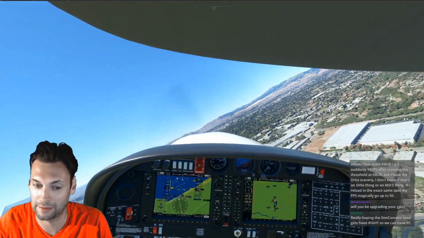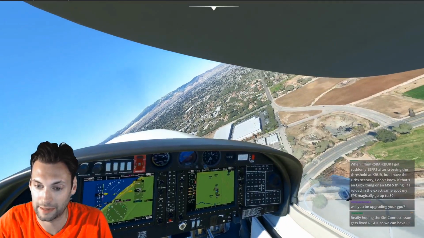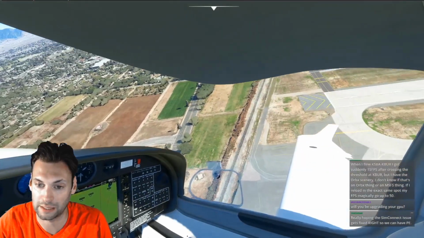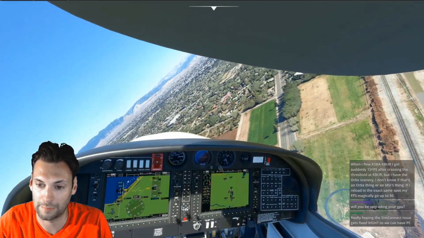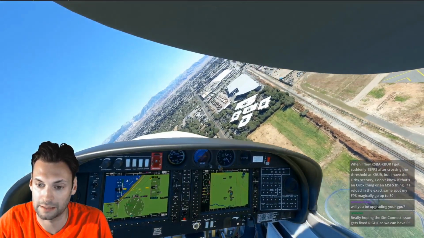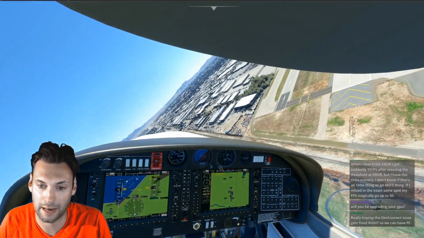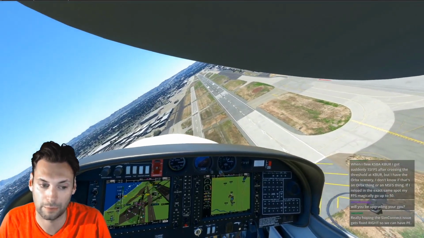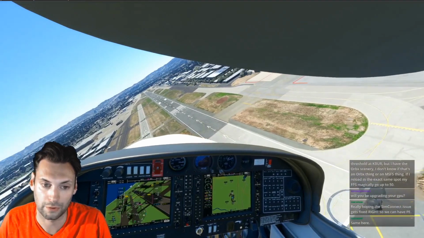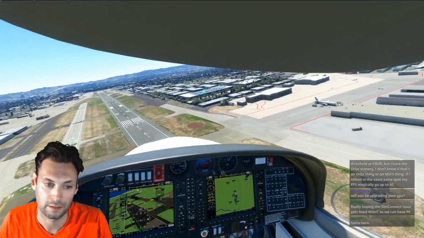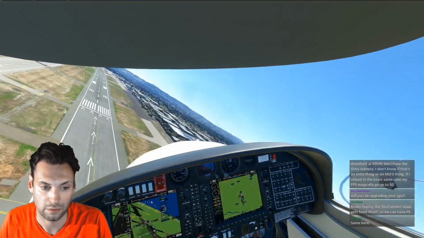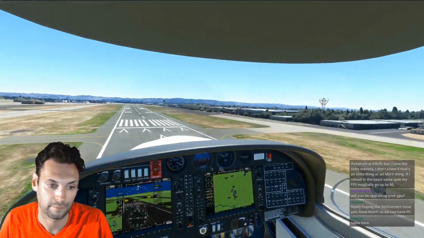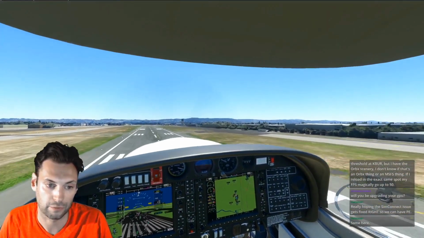Yeah, I'm dying for Pilot Edge. I may even very shortly just fire up X-Plane and do a couple of flights. Planning on real-world flights, possibly even to Santa Barbara in real life for the first time this weekend. So it would be nice to do a little test out on Pilot Edge